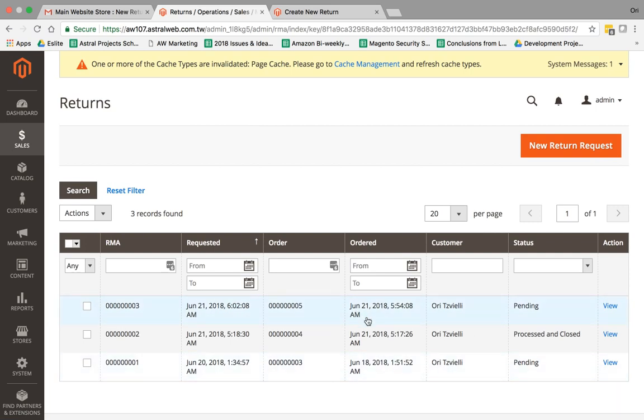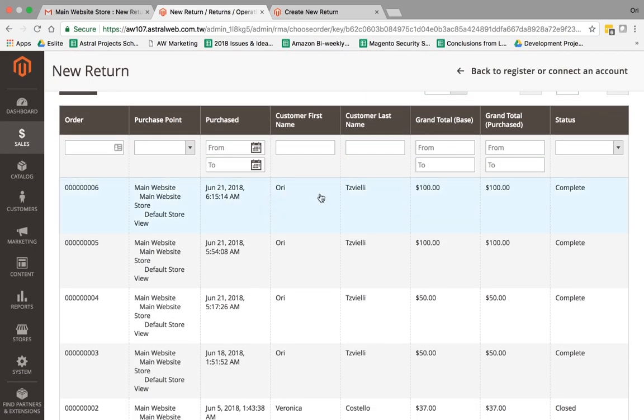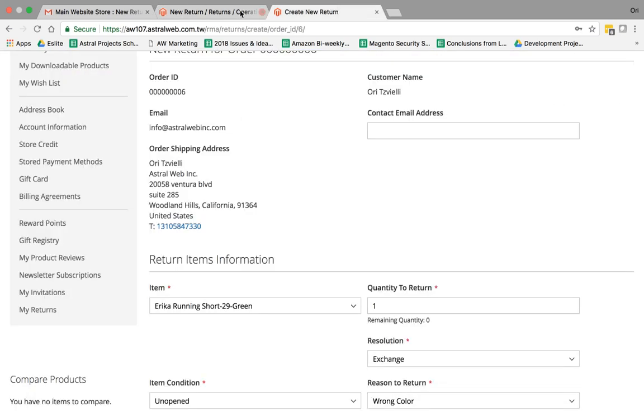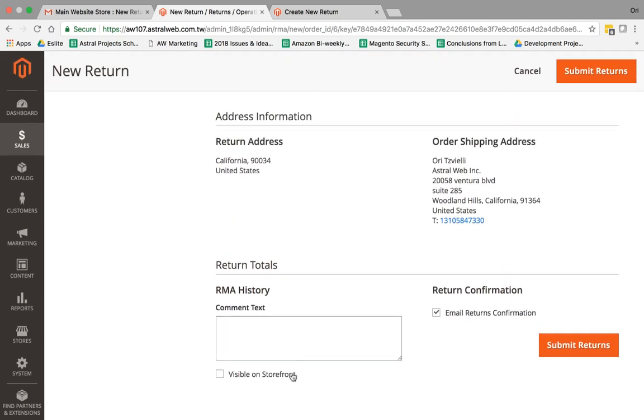The second way is that a customer can open a return request, or the business can open a return request. So the business can click here, select the specific order that's relevant to that customer, for example, this one, and then do the same thing as what we showed a customer doing, but in the back end, right? So I can have some comments here.